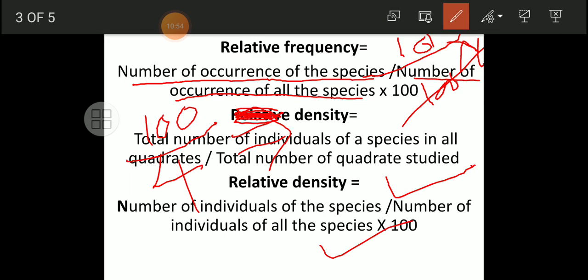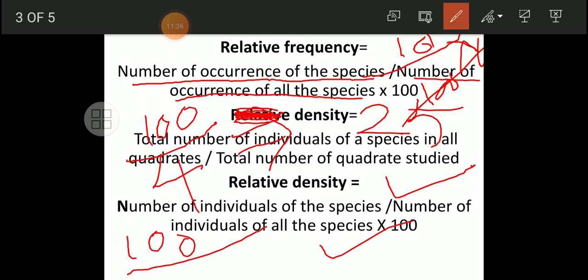Here, the formula before relative density we have studied, that is okay. Density you have to keep in mind: total number of individuals of the species in all quadrats divided by total number of quadrats studied. Parthenium hysterophorus 100 आपल्याला सापडलं. किती क्वाड्रॅट आपण स्टडी केले? 4. येणारं उत्तर असेल 25. 25 is the density of Parthenium hysterophorus, isn't it? Now for relative, we have to multiply by 100. Number of individuals of the species 100 आहे. Number of individuals of all species सगळे, मग त्याच्यामध्ये सगळे